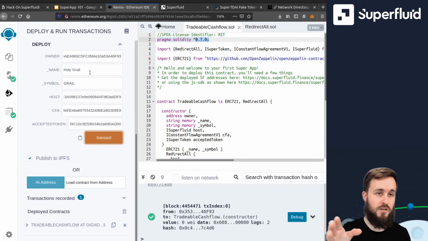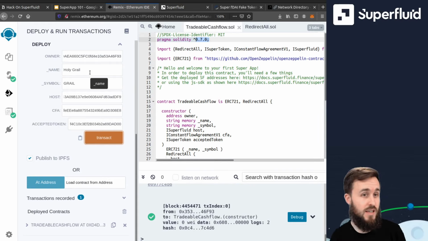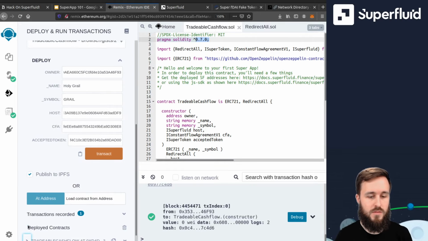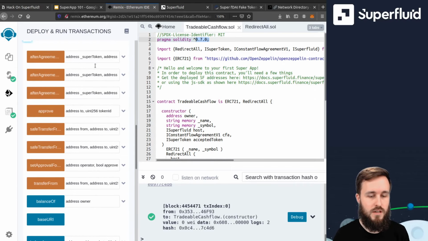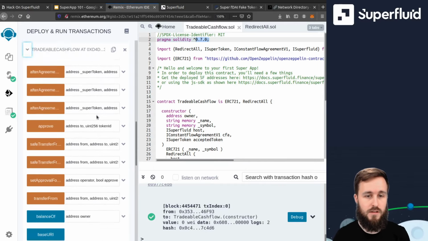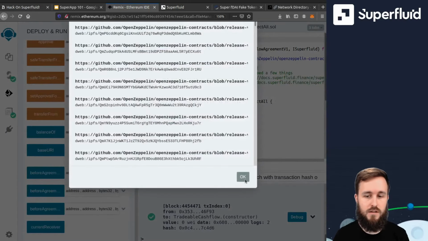In our constructor, we did our registration. So if the contract deploys successfully, that means that hopefully our app was registered with the host, and it should be able to respond to those callbacks that we learned about. Let's expand our tradable cash flow contract, and we see we get a bunch of functions here. Actually, our callbacks are listed here, but we're not really worried about that. If we copy our address and go to balanceOf,